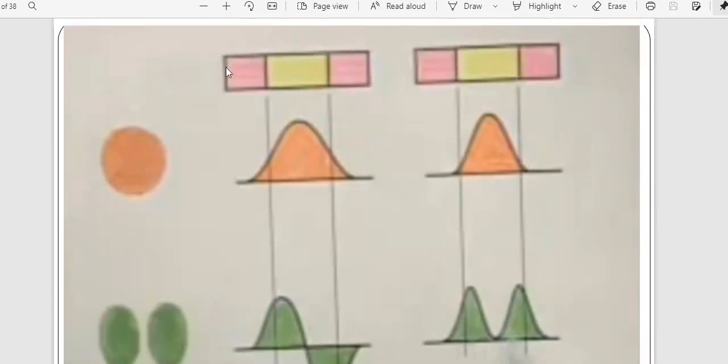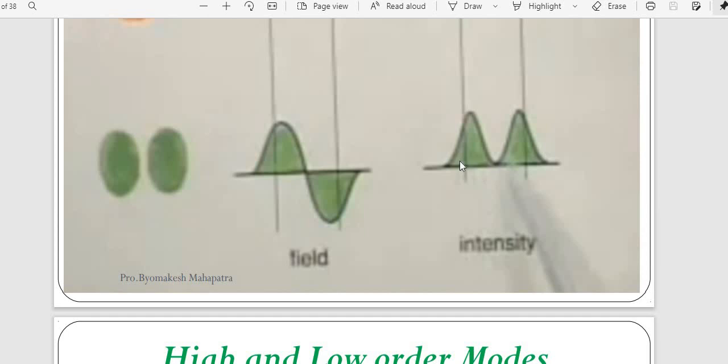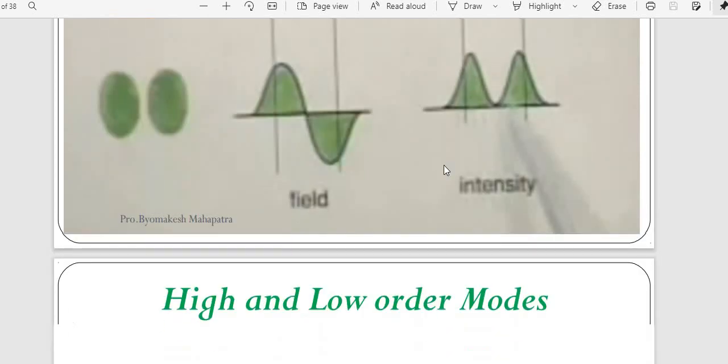This is just an example. Here, outside, suppose this is your cladding, and the inside is your core. How does the field get distributed? If you have one circular form, it makes only one lobe. If two circular forms are formed, then we get two field strengths. Intensity will be in the same lobe, right? So the intensity is passing in the same lobe.